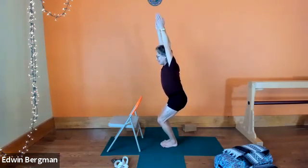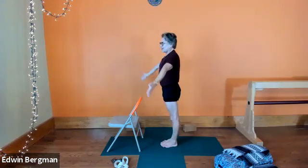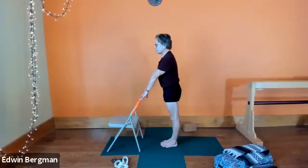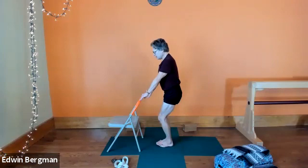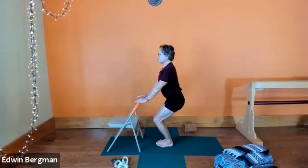That's it, good. And then straighten your knees and release. Good, so we'll do that one more time. Uttanasana. So either having your hands on your hips or on the support, make sure the support isn't too far forward. You can always get closer. And then bend your knees. That's it, move your shin bones back, move your thighs down, lift your chest upwards,